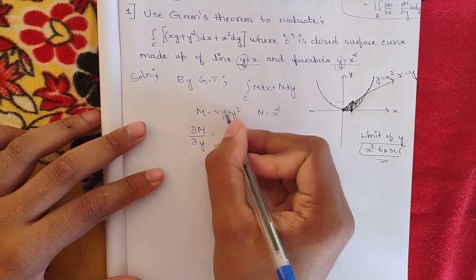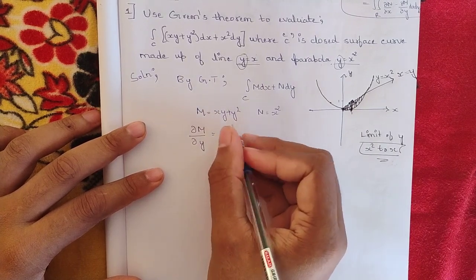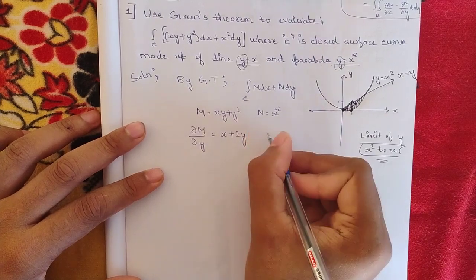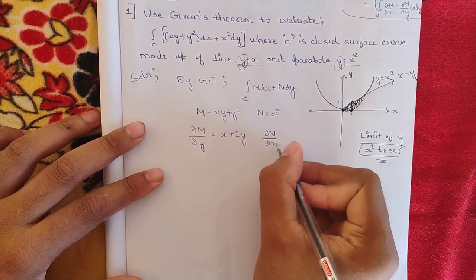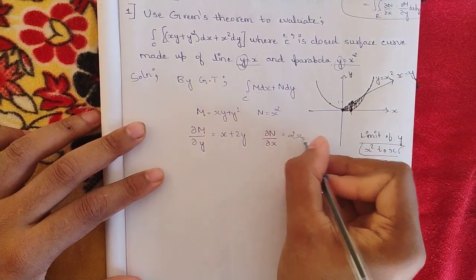So in these two terms, both the sides we have y. So differentiation of y is 1. Here we have only x, plus differentiation of y square is 2y. Similarly, on the other side we have ∂n/∂x, that is, ∂/∂x of x² is 2x. Now